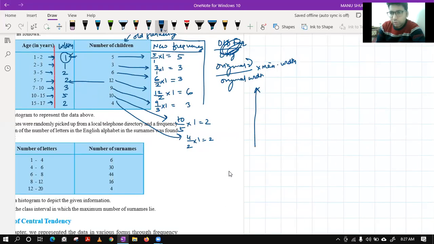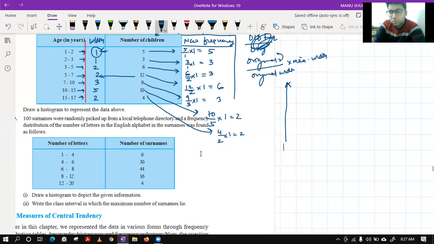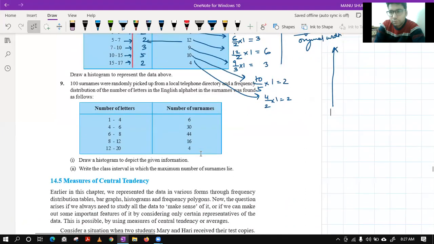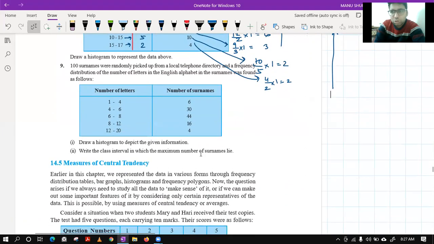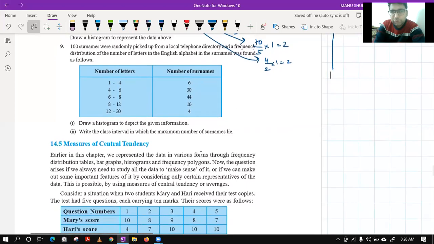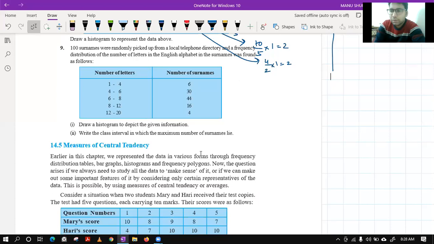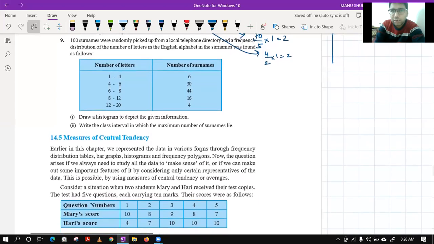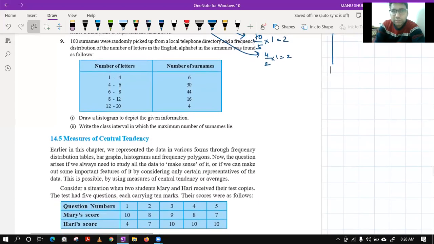So this topic is also related, Vaishnav. Beta Vaishnav, you are saying frequency polygon is related. This is histogram. Histogram is there or not? I don't think histogram is related. Even if it is related, it's very easy to understand, okay? Because it will be used in your class 10th also. So please.